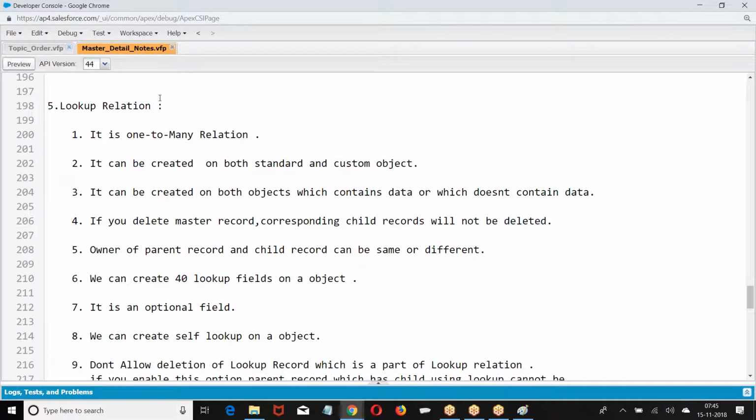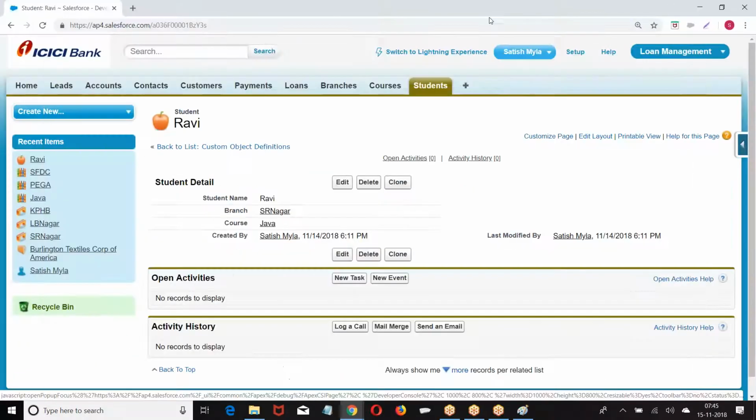Now the point here is lookup relation is also a one-to-many relation. Master detail is also one-to-many. Lookup is also one-to-many. A lookup relation can be created on a standard object as well as a custom object.